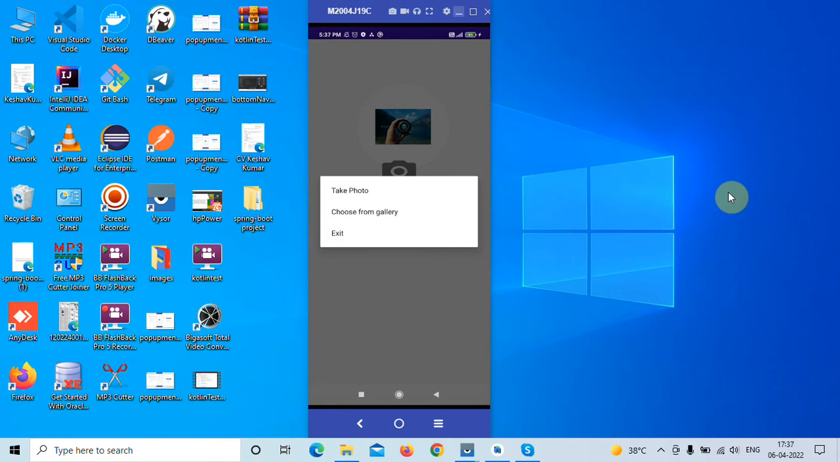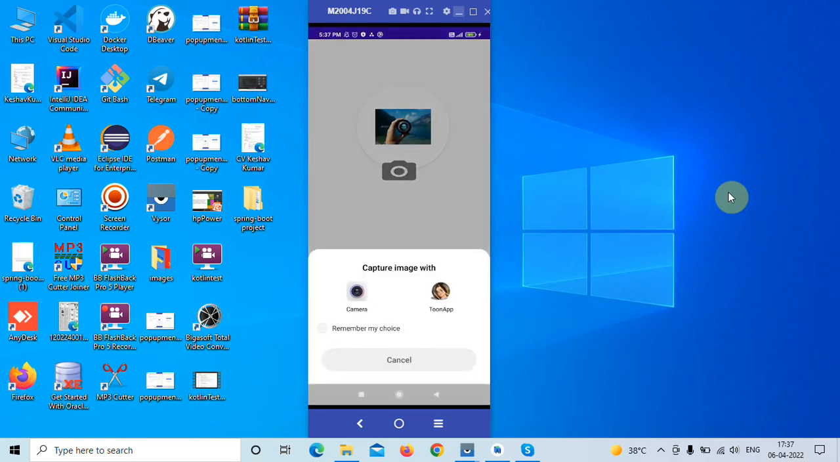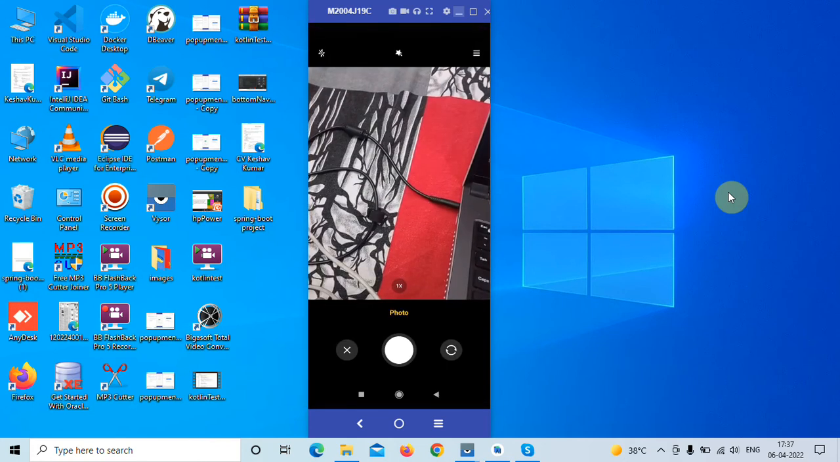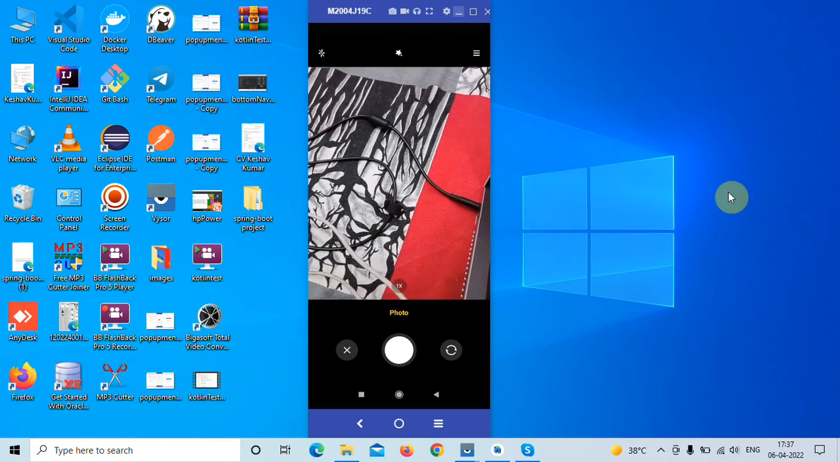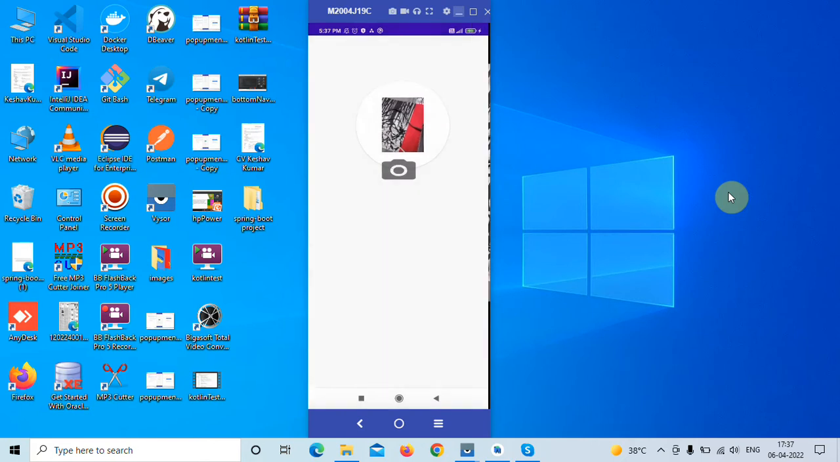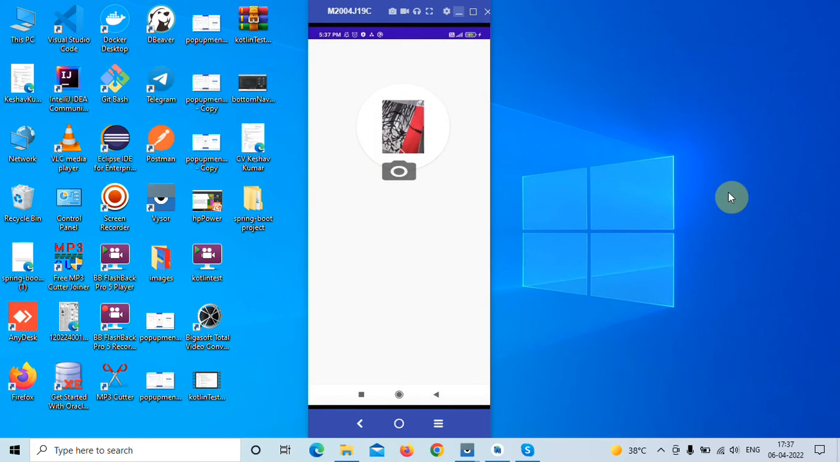a dialog. It has three options: take photo, choose from gallery, and exit. If we click on take photo, it will show the camera application. If we click on camera, then our camera is successfully opened. If we click on the image capture button, and if we click on right, then it will show